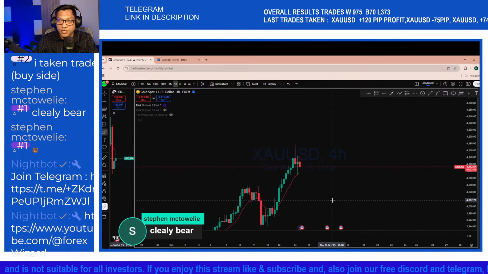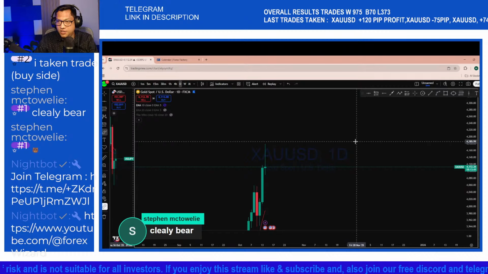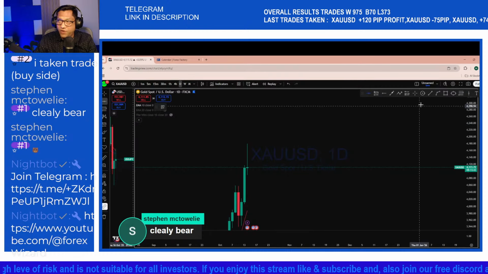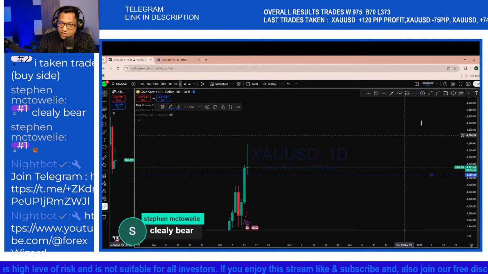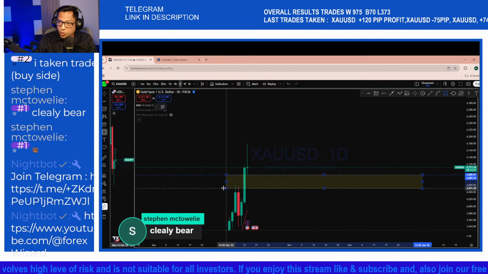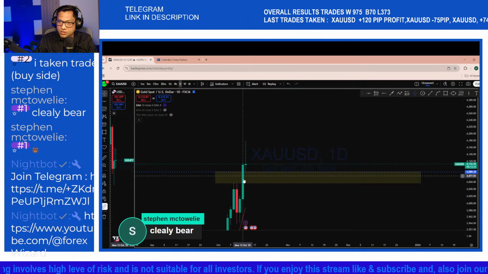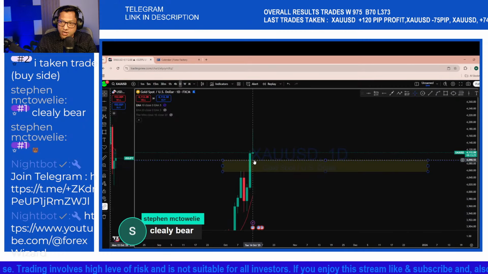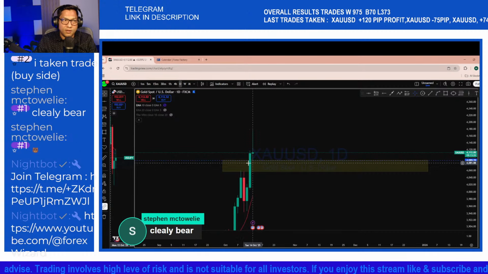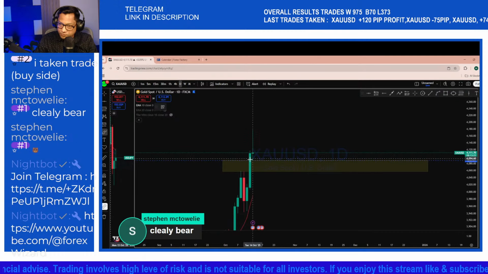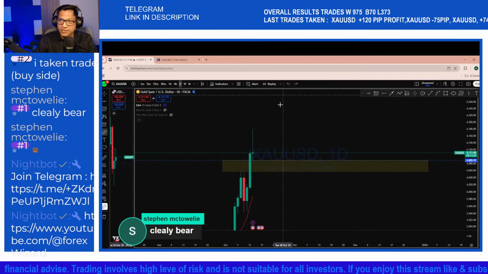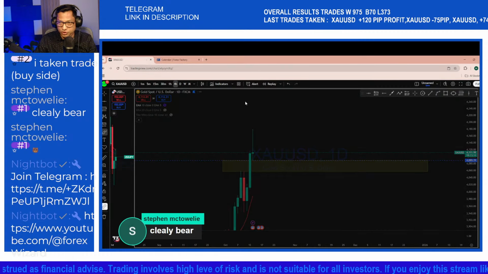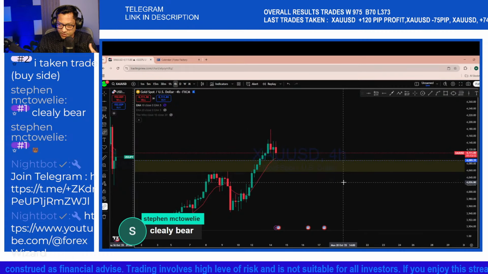Now, one probability is that the market breaks this daily bullish fair value gap. If you look below this daily low here, there is a bullish fair value gap. Previously, you can see this is the daily bullish candle, and also there is a previous swing high here. The market has come that far. There is a fair value gap left in the market here, and in that bullish fair value gap the price could potentially fill that zone with a spike, as there's news coming.